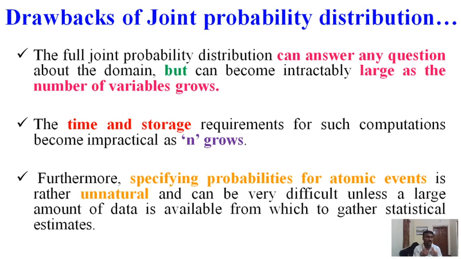Then the second point, probability theory, where we need to discuss three points: prior probability, which is unconditional probability, then joint probability, and then conditional probability or posterior probability. So these are the points we need to remember in this concept.